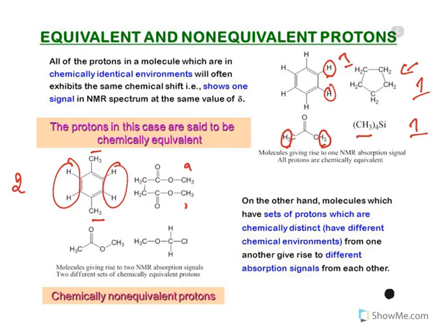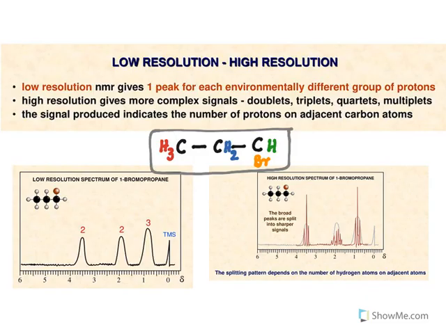Again, these 2 are similar, whereas these 2 are different. So you will get again 2 signals. So again, for this proton, 1 signal. For this proton, second signal is there. Similarly, see, these protons are of one type, whereas these protons are of a different type. So I suggest all the students practice repeatedly with different kinds of organic molecules so that you will get command over this.